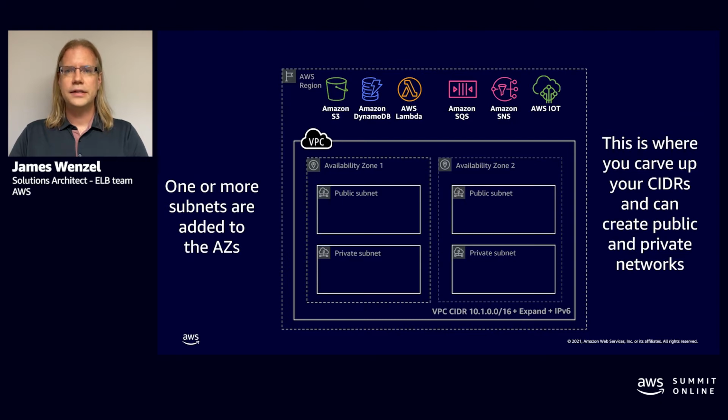So on top of your AZs, you would start building subnets. Each subnet, of course, would have an IP address scheme that you give. You can add, in this case right here, a public subnet and a private subnet. And the concept of a public subnet is something that you would expose, say, to the internet. You would have maybe some instances or some services that you want to have directly contactable by the internet. And then when you have a private subnet, that is something that would only communicate to the public subnet or communicate with each other, and would not allow the internet to actually access this. This gives you your defense in depth, or many layers of control.